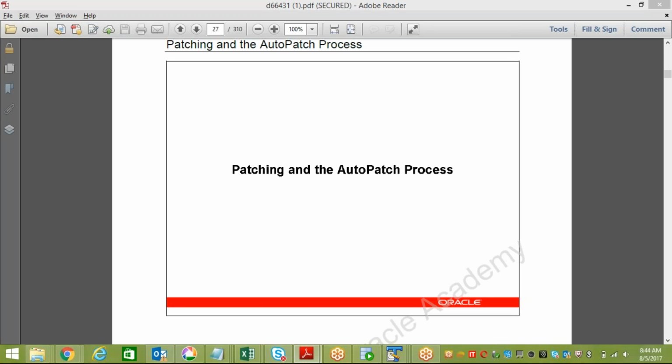Guys, today we are supposed to discuss ADOP, the online patching. But just before going to that, I am thinking I'd better give some information about the AD patch, not like a YouTube one. I'll just explain the AD patch utility and how it works. That would be useful for you because,